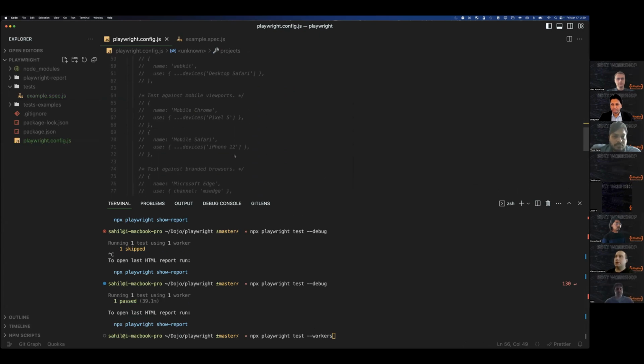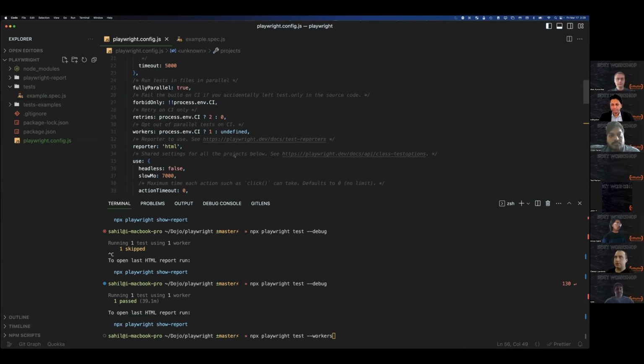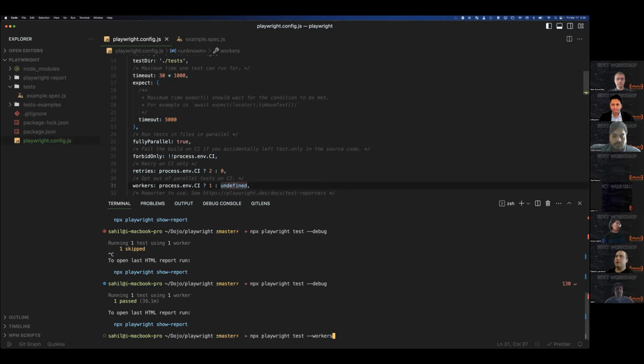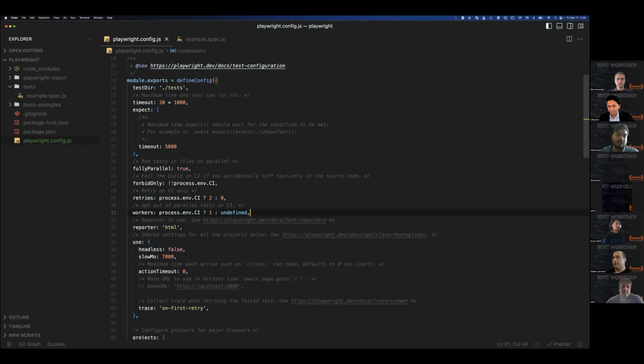config.js, and check settings. If you scroll up. Okay, scroll up. Okay, and a little bit more maybe. Okay, what do you have? You have 30 seconds of delay. It's not enough, but we can try it. After you have the flag fullyParallel, it's true, everything is good to this part. After, in line 31, you have undefined. It means that it will run 6 different workers.